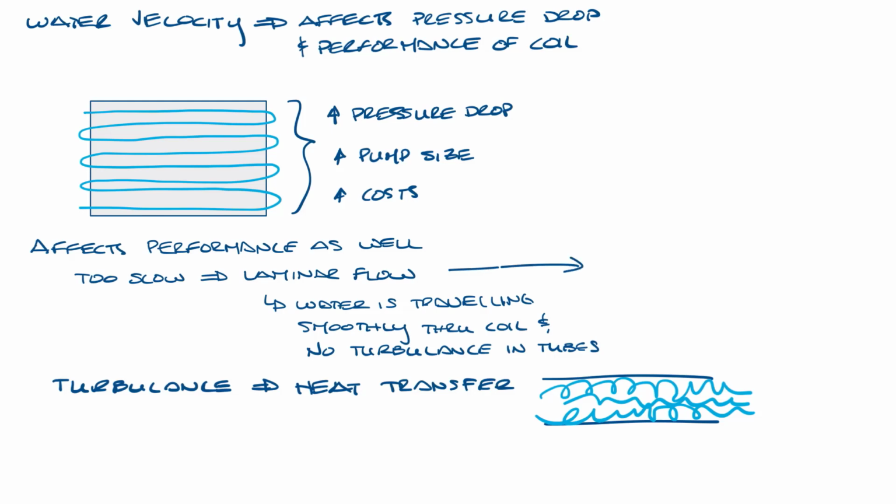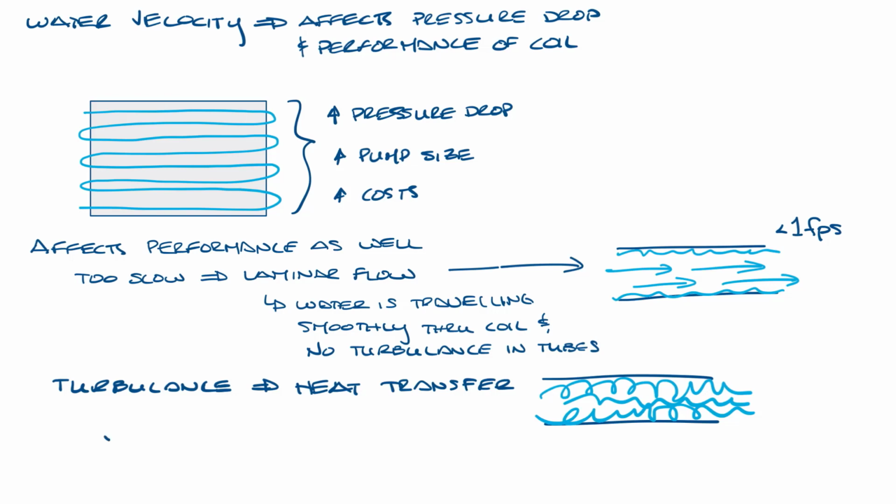In laminar flow, let's draw this up here, there is water interacting with the tube at the edges where the tube is, but some of the water is traveling through the center of the tube and never touching the tubes to transfer their heat, so your performance is reduced. Laminar flow can happen below 1 feet per second, but that doesn't mean that increasing water velocities higher and higher